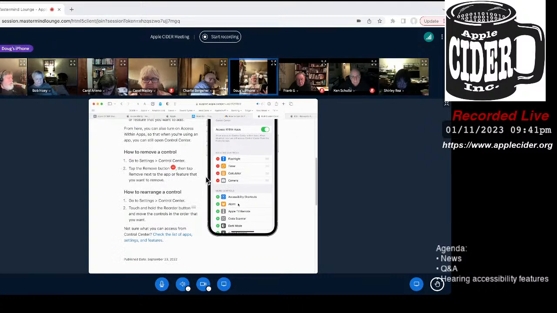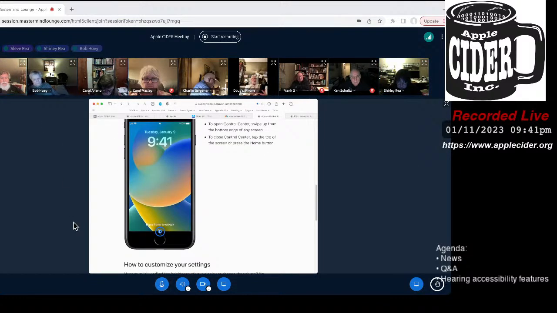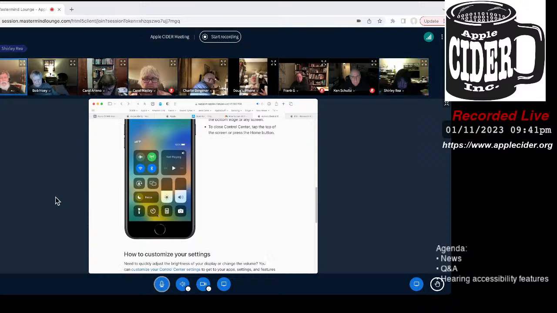So now it's over here. Then when you go into the control center, in your icon list there'll be an ear icon. Then you tap on that to turn on the Listen Live function.